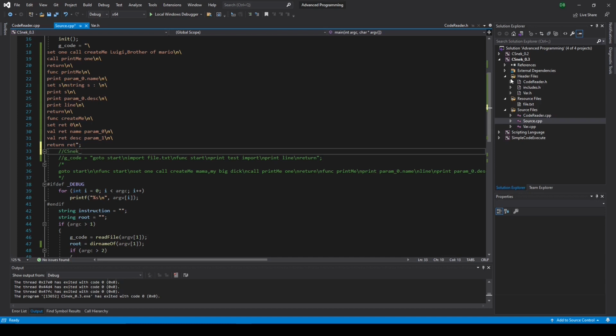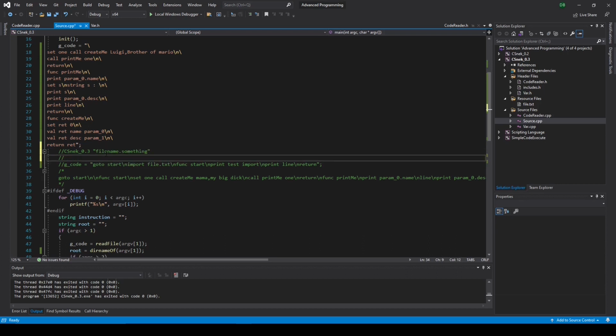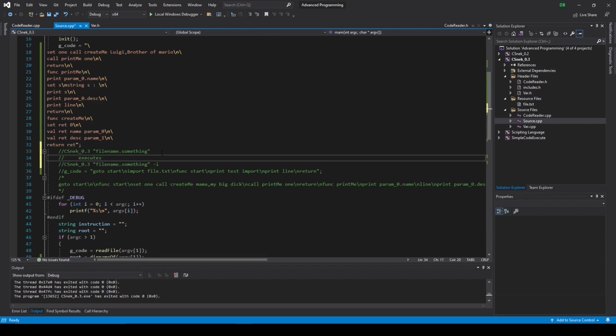CSnek_0.3, which is what I currently named it. It's not the final name, but you call this, then you say your file name. This would execute it. If you do the same thing but instead add -i, executes file name something, and this